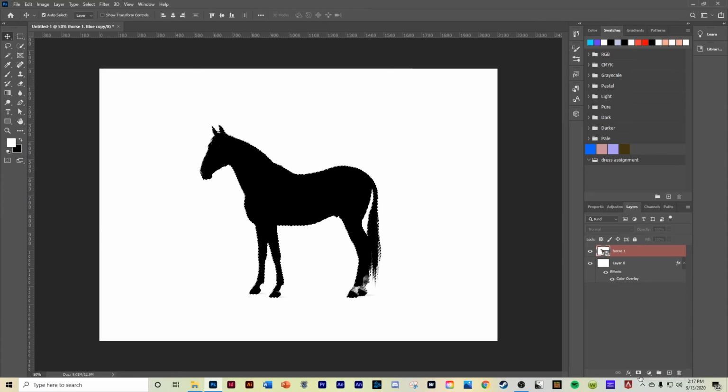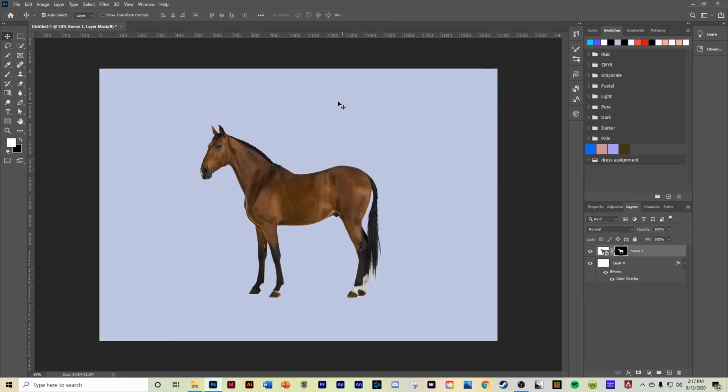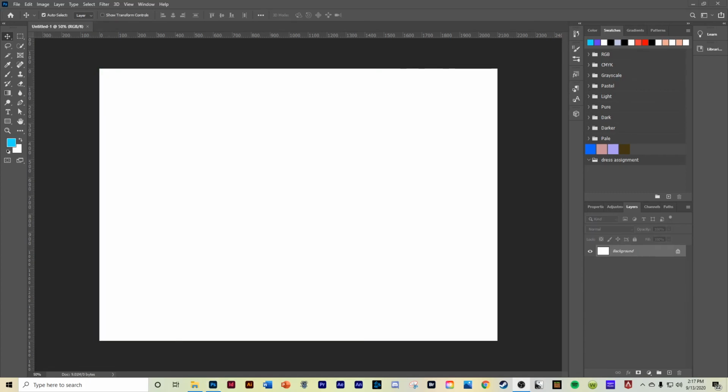So go back to that little add layer mask, and then there it is. Your horse now has no background. And that is just one way of removing a background on an image. I only recommend using channel pull